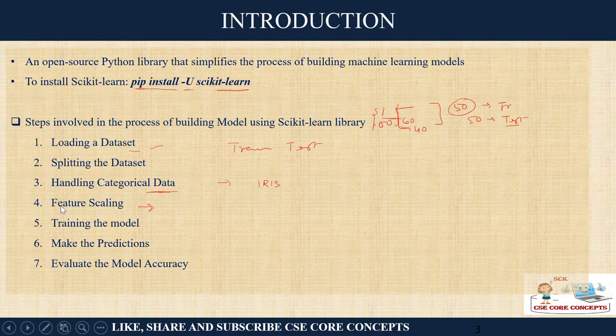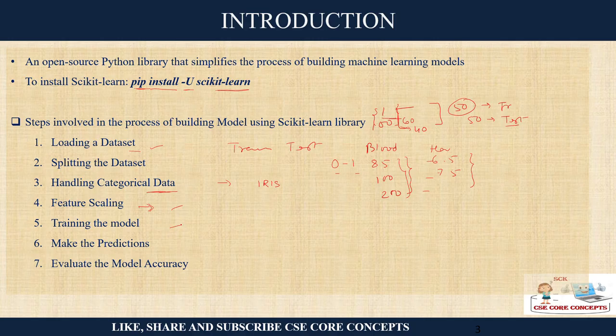Let's say you have certain values. Let's say, for example, blood sugar level you are measuring. Blood sugar level can come as 85, 100, 200, any value in this range. Now suppose you are measuring another parameter, let's say hemoglobin, so hemoglobin will be 6.5, 7.5. You can see there is a vast difference in the range, right? So you need to scale them on some standard scaling measurement. You may scale all the values between 0 to 1. That is called feature scaling.